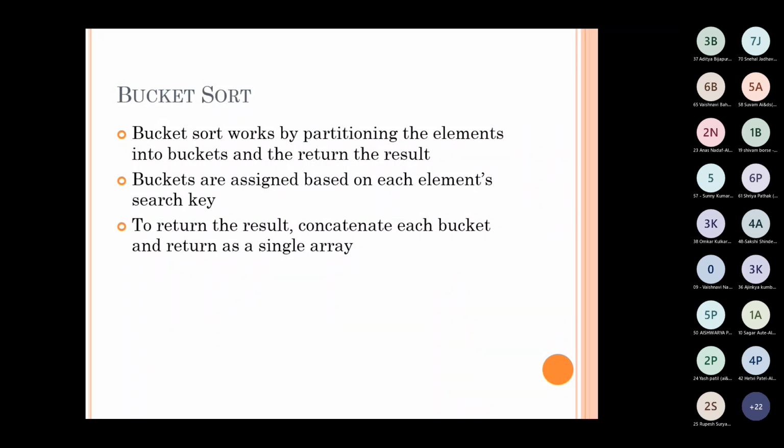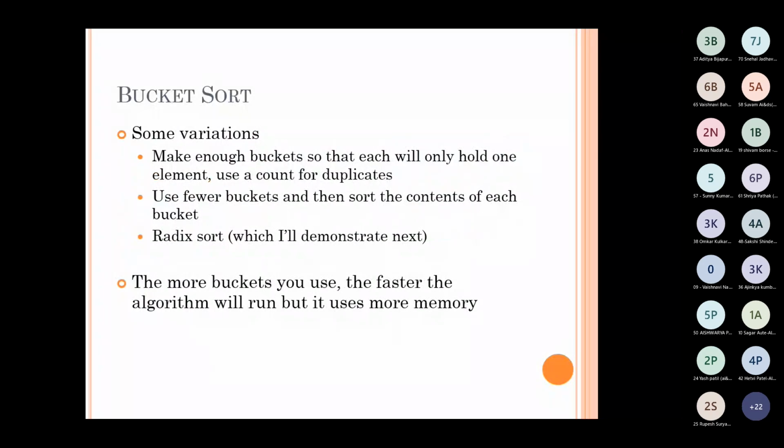After partitioning the elements into different buckets, at last we will be concatenating the buckets. Suppose we will be having the data of 10 elements. Now we have separated that data based on their values into different buckets. Now all these buckets we will be just concatenating, and at last that concatenated array will be the sorted one. Now here we are not doing any comparison at all. Now there can be different variations of bucket sort.